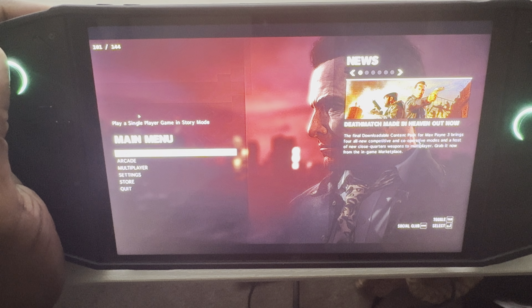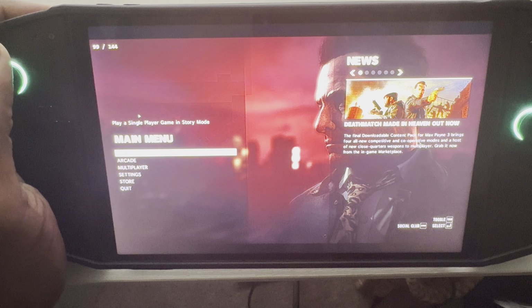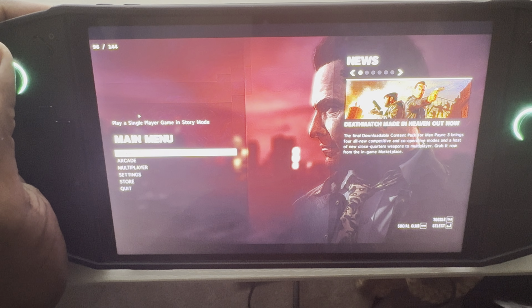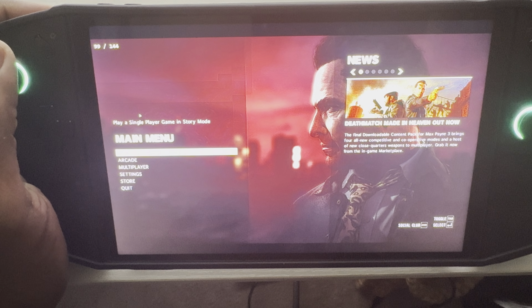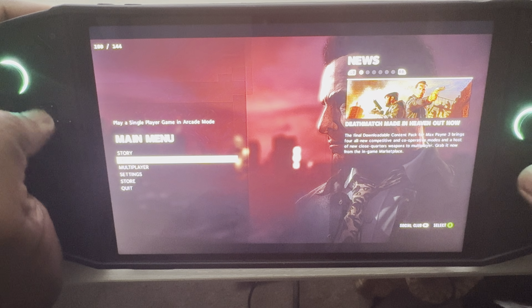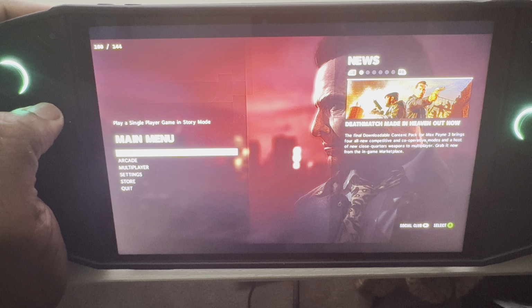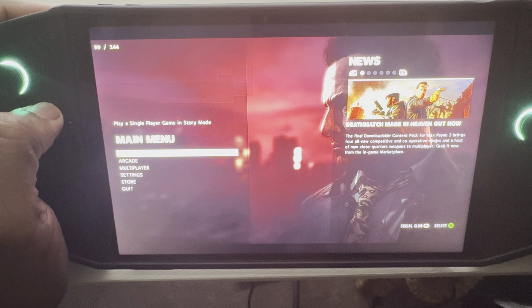I'm not sure if you can see, but where it says between 100 frames per second to 144 frames per second, now it's dropped down to 96. That's lossless scaling now enabled. So guys, right now I have better visuals and I'm going to get higher in-game frame rates. So if we go to story and we go to continue,